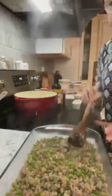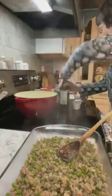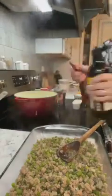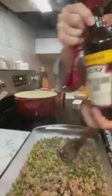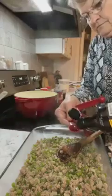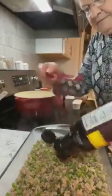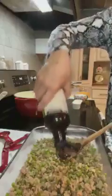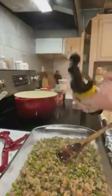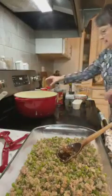And to this, I'm going to add 3 teaspoons of Worcestershire sauce. There's 1. I'm not going to measure because it... Okay. I'm going to add 1